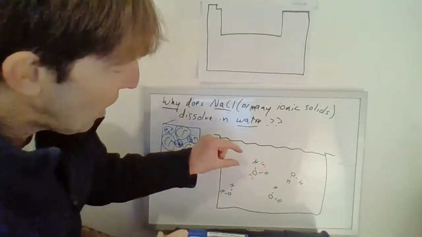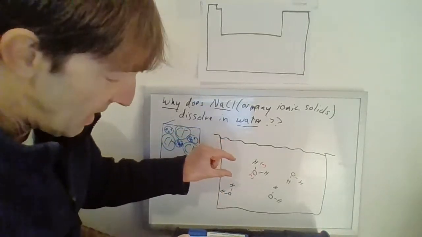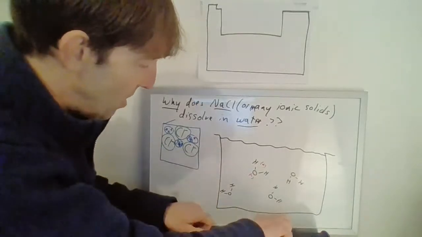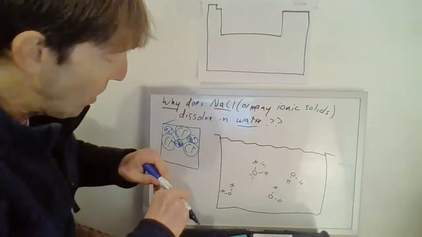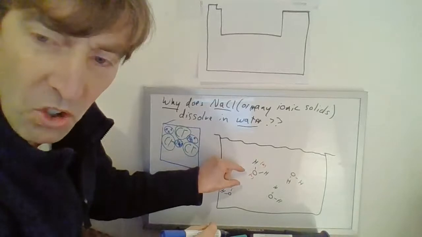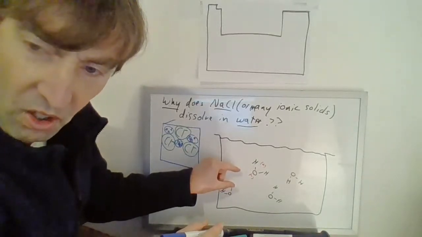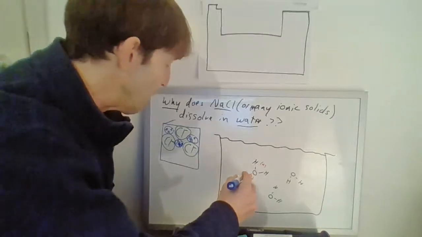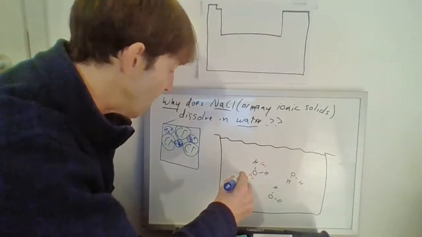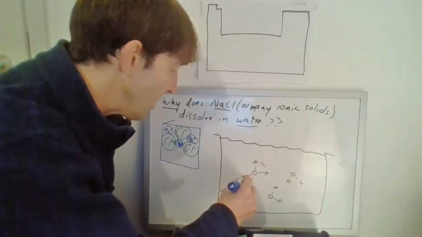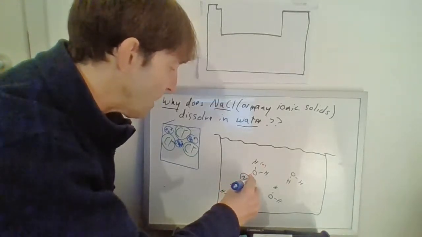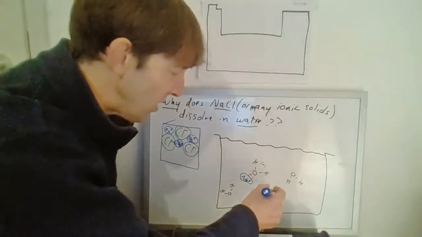Na plus. Tell me where to draw it, gang. Na plus. I'm going to get the blue marker. Where am I going to draw my Na plus? By which side of the water? Good. Okay, Timothy Peduso's there. It's going to go to the O side. So I'm going to put an Na plus down here. That sucker's going to snuggle up to the O because the O's negative.